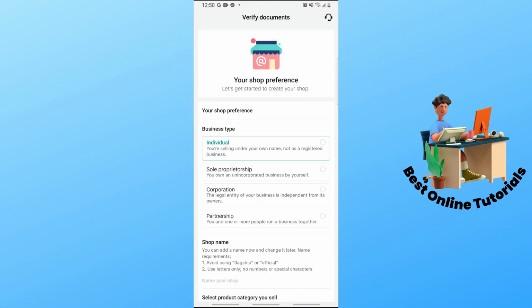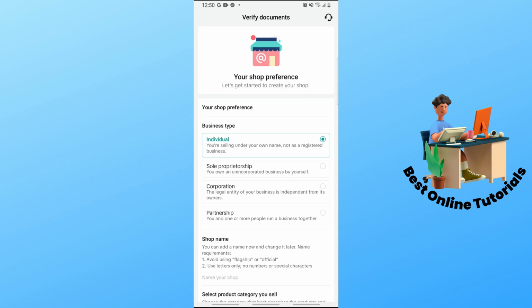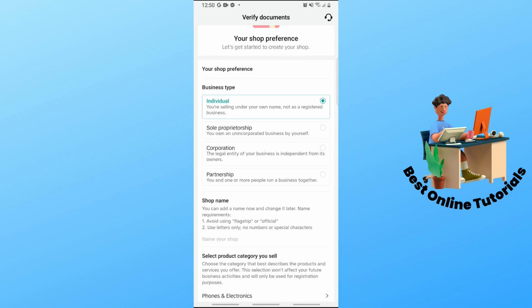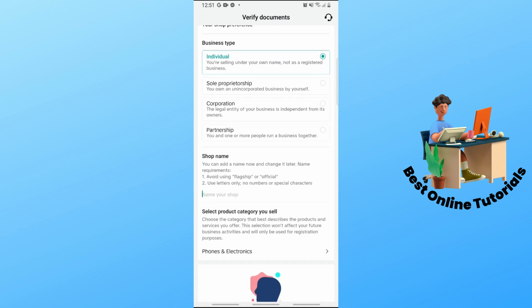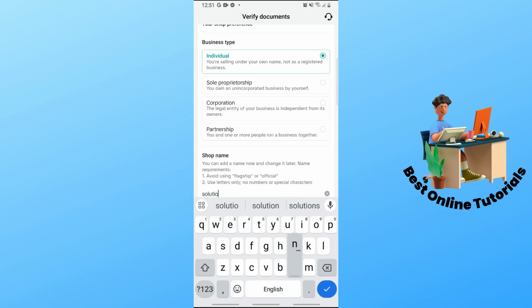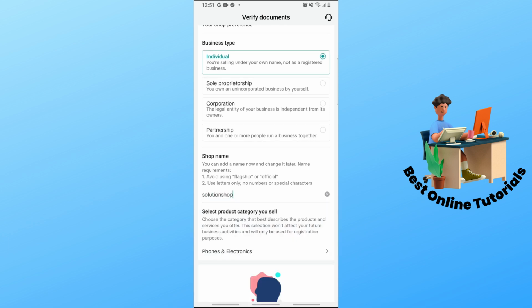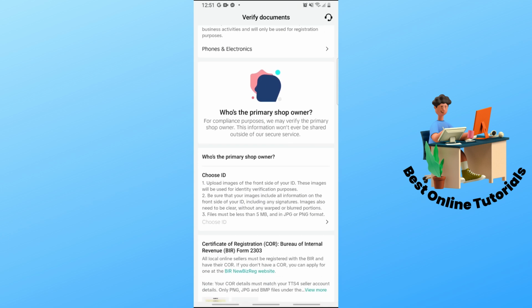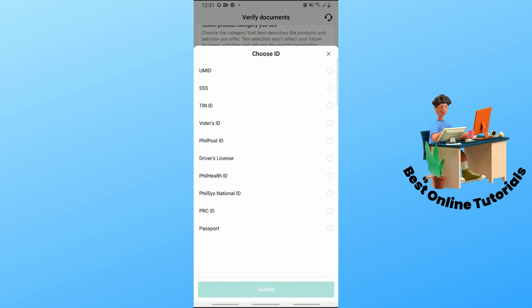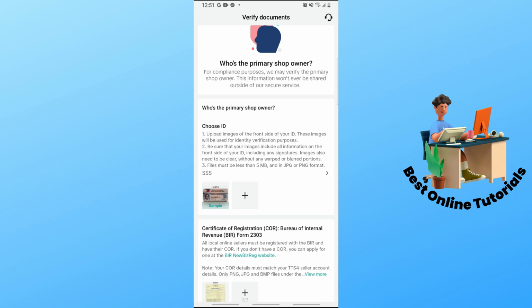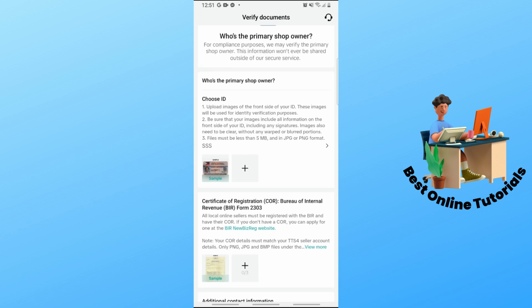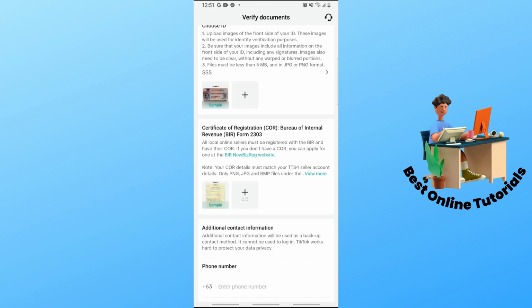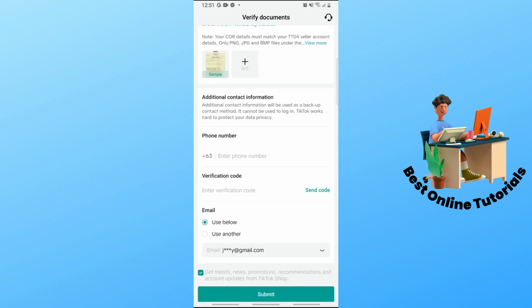And after that, guys, just simply verify some documents and provide the necessary information about your shop, about the business type, the shop name, and the product category that you are going to sell, and upload a government ID in order to proceed with this process, and also upload BIR. So this is a requirement in order for you to have a TikTok shop, and just simply provide your